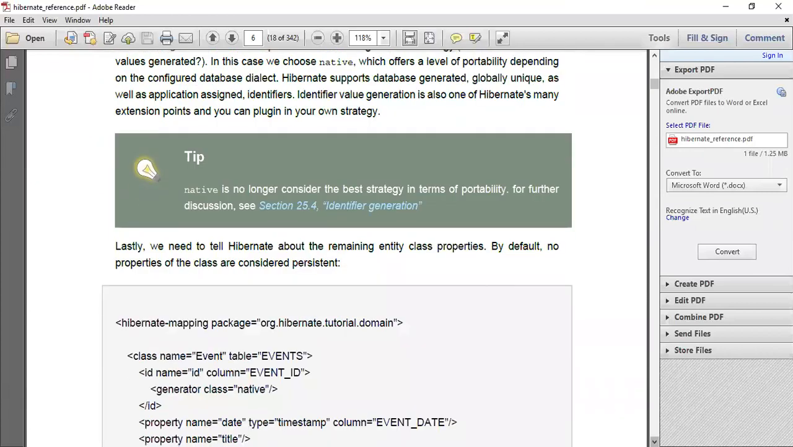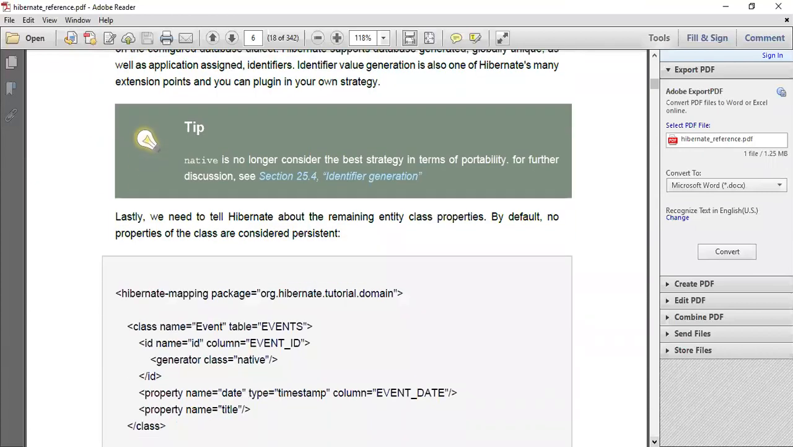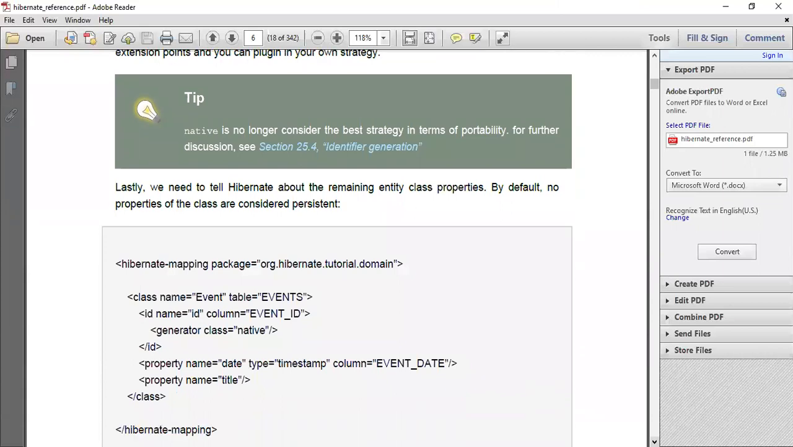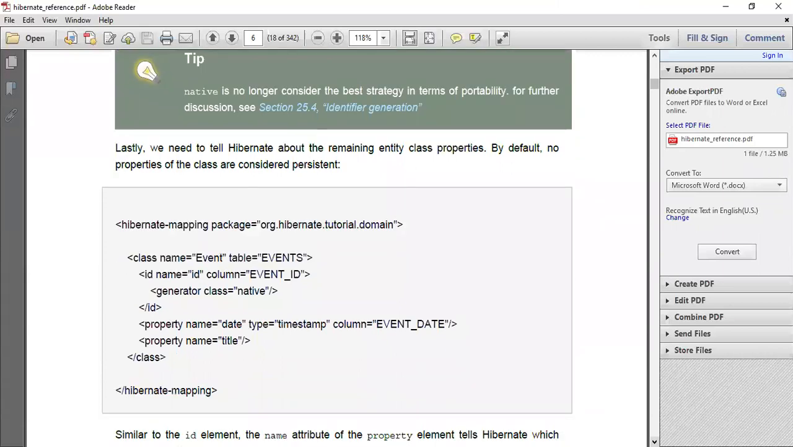Now we have our own POJO. You have seen the title and date. You see how this property name is mapped with the different column. This event date is mapped with the date, and the time is the timestamp. Do you see? This is the way a particular property of the event class is mapped with the events